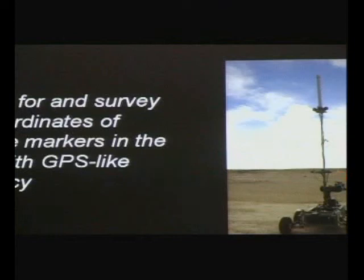Out in the field, you can see a white PVC pipe sticking out in the distance there. They're about 4 inches in diameter, about 5 feet tall. Teams had to go out, and this year they had to actually find them. We didn't tell them the general areas where the markers were. It was basically a scavenger hunt, and they had to come back with GPS coordinates,